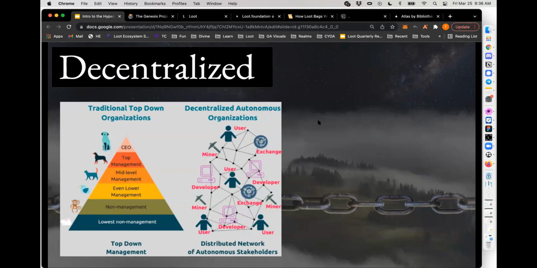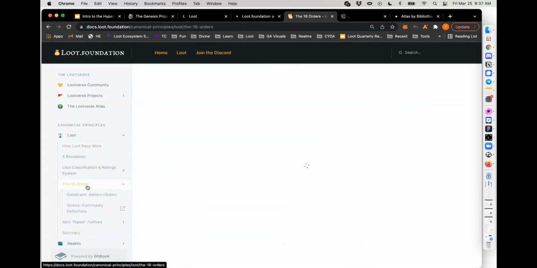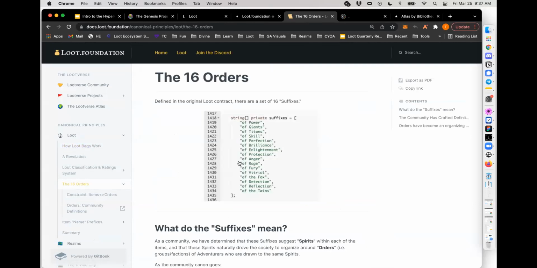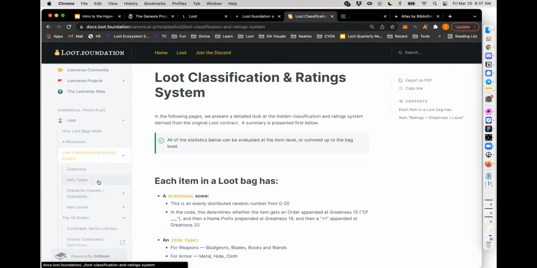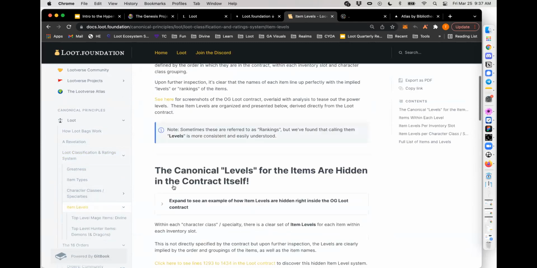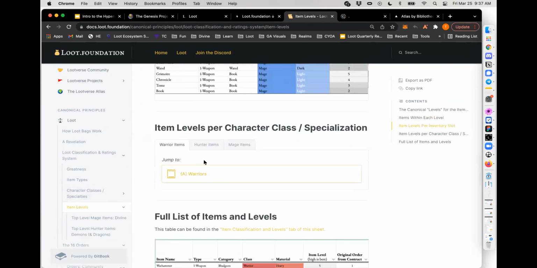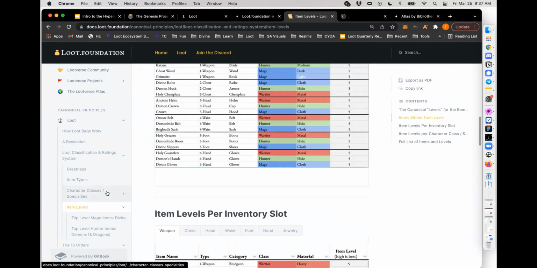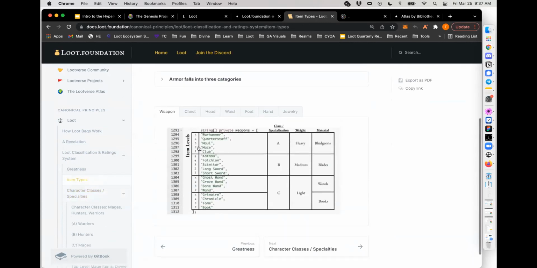So if somebody wanted to come in and say, I see how loot bags work, and I see that there are 16 orders, and I see that there are item levels from the contract, that there's specific levels for these items right inside your contract. I see all this, but I'm going to choose to ignore that, and I'm going to choose to do something that fundamentally contradicts the Loot contract. There's no one to call them up and say, no, don't do that.